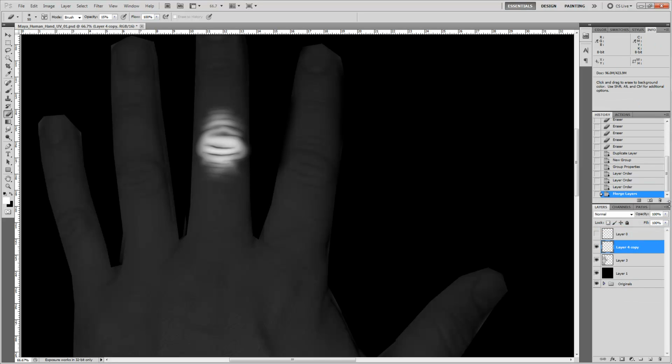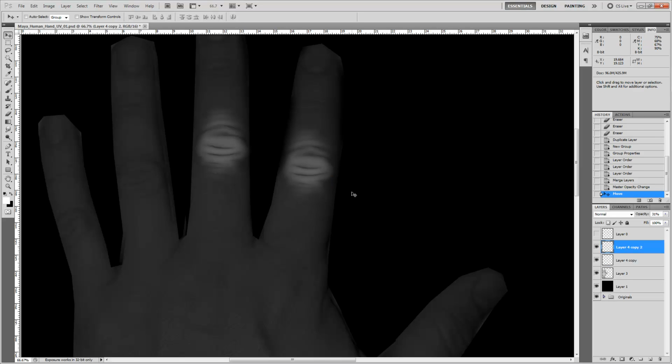And then now that I've got them merged, all I have to do is change their opacity. And let's say, just as a baseline, I want to use about 40% of that. Alright, that's probably still too much. Let's go to 30. Okay, and then now, because I have it separated as a layer, I'm going to go ahead and reuse it